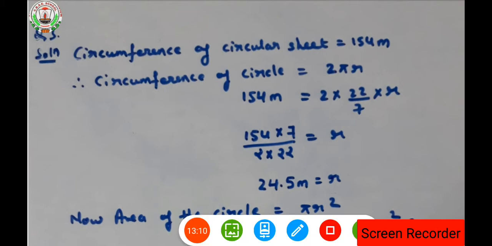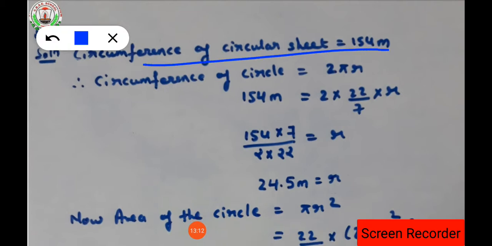So dear student, in the previous question we were going to find the area and the circumference. But here in this third question, the value of the circumference of a circle is already given. We are not going to find the circumference, because that value is already given in the question, and with the help of that value we are going to find the radius, since it is asked to find the radius of a circle. So circumference of a circle is equal to 2 pi r. This is the formula we have, isn't it?